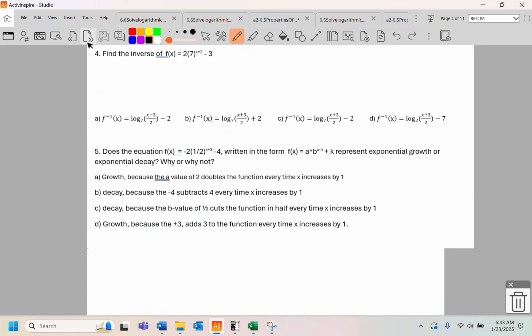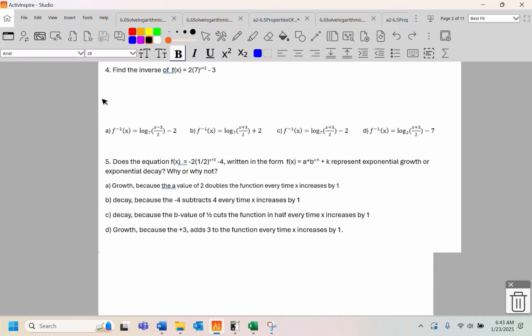Moving forward, number 4, find the inverse of this function. So to write an inverse, I won't beat this thing to death. You swap x and y. You resolve for y. And then you just use the correct notation. So if I'm going to swap x and y, this becomes x equals 2 times 7 to the y plus 2